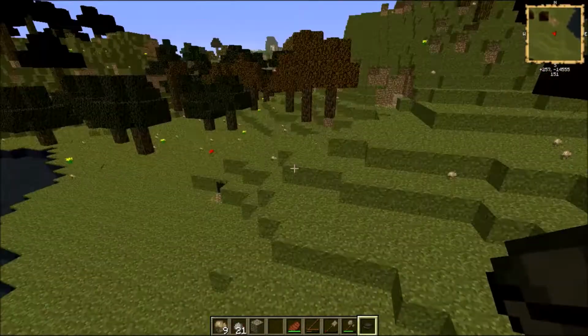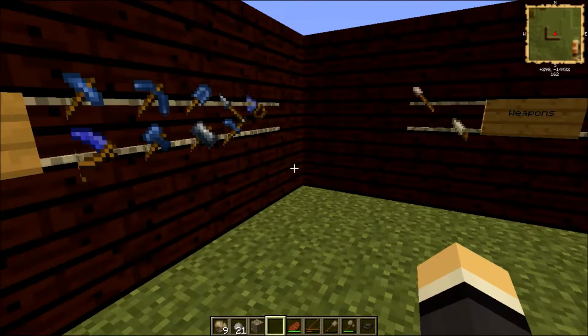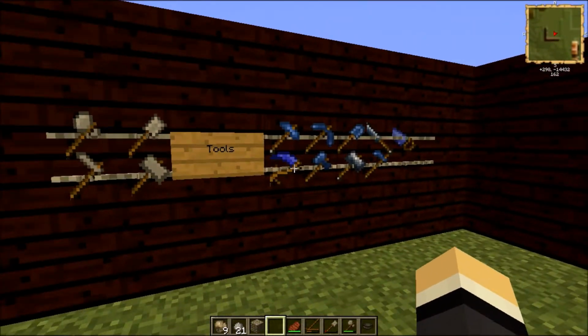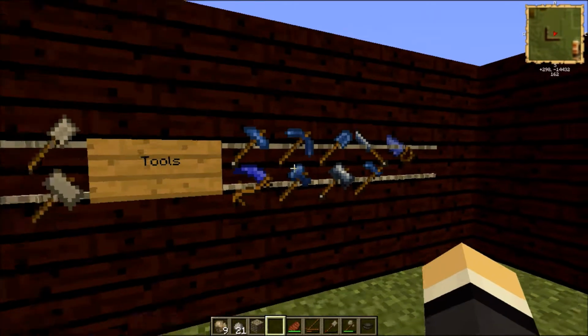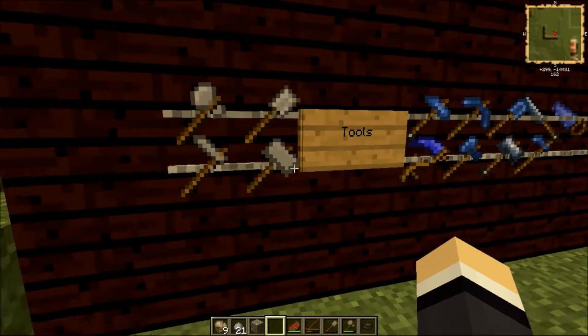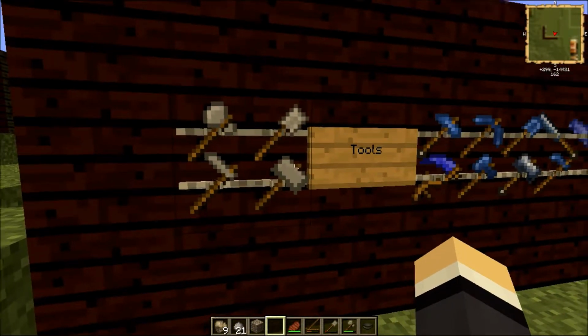Now, onto the good stuff. Over here, we have all the tools and weapons that you will be able to make in Terrafirmacraft. Starting with the tools, basic. This is all the metal tools I actually just made in blue steel. But for the stone tools, the tools you will be able to make with stone, you will be able to make a hammer, a shovel,